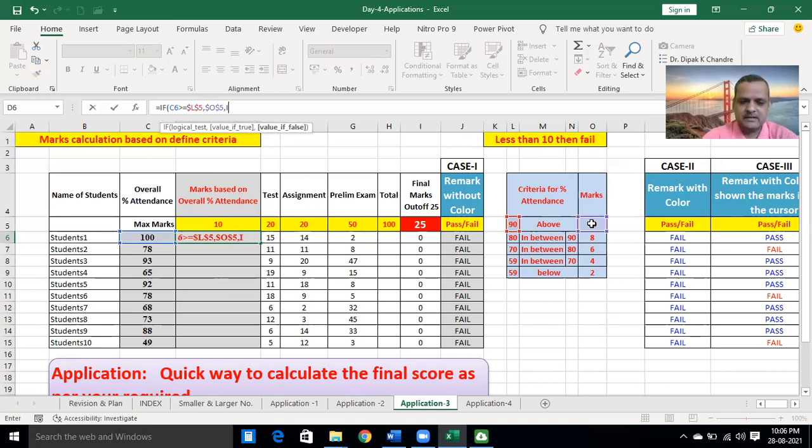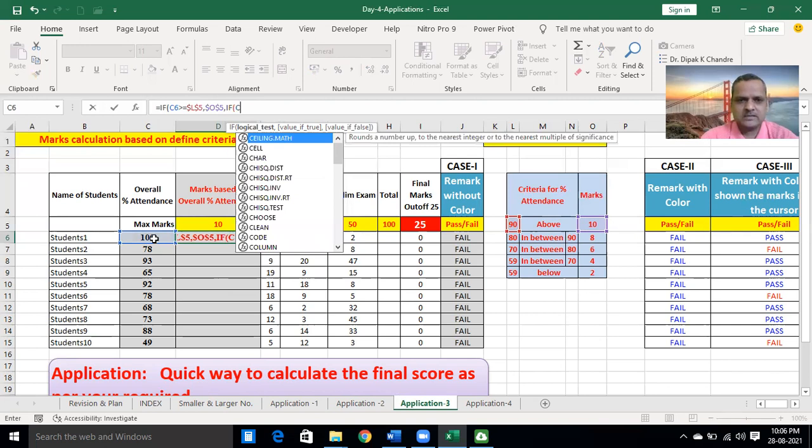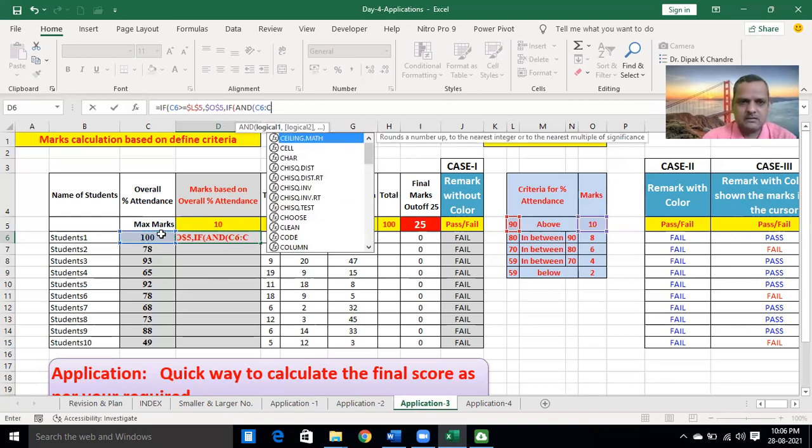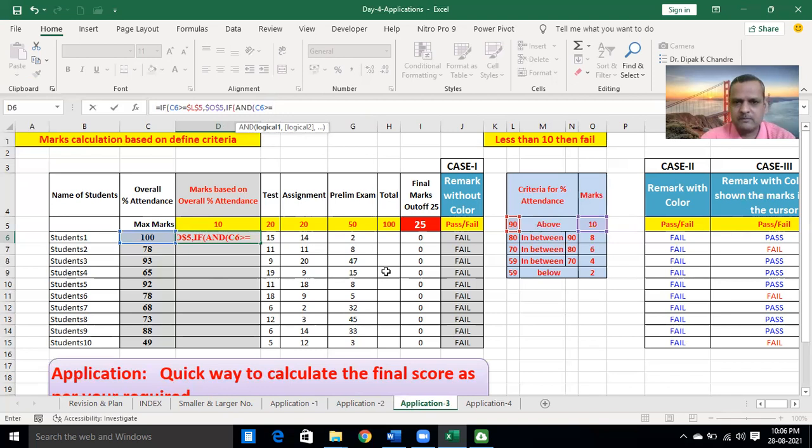Then the next criteria: IF, logical test, again C6. There are two conditions, 80 and 90, so we need to insert the AND function. Logical test is C6 greater than or equal to L6.